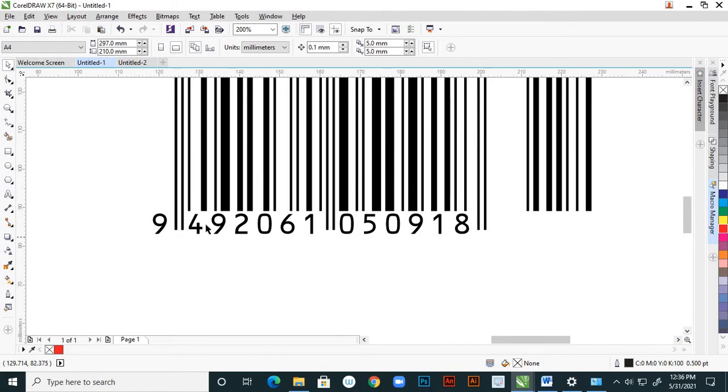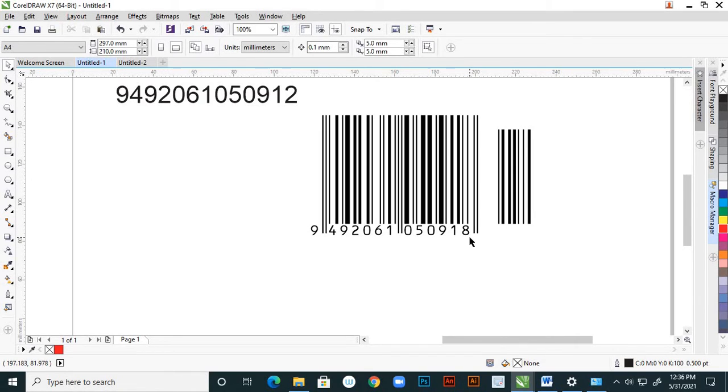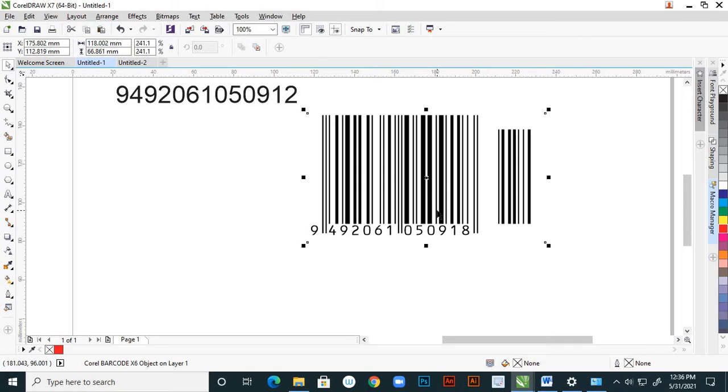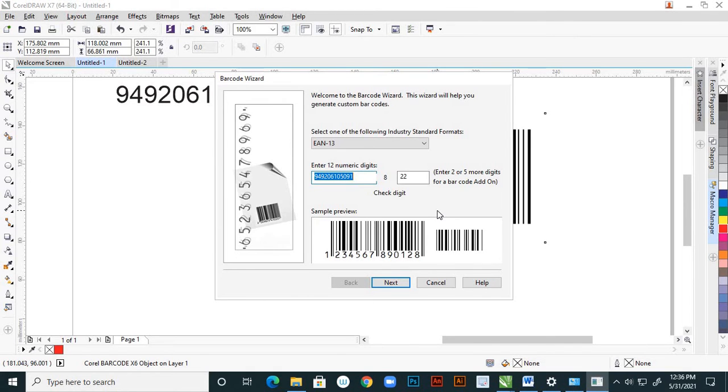If you count this number, 1 2 3 4 5 6 7 8 9 10 11 12 13, 13 means it actually takes 12, but the 8 is the add-on. You can double click on that and you will observe it says enter 12 numeric digits. Up to 9492061050 91, actually 21 I added. After 91, 8 is automatically taken as the check digit.